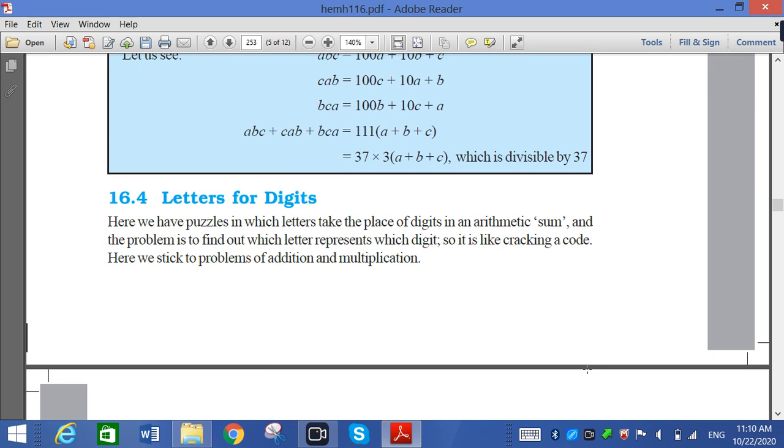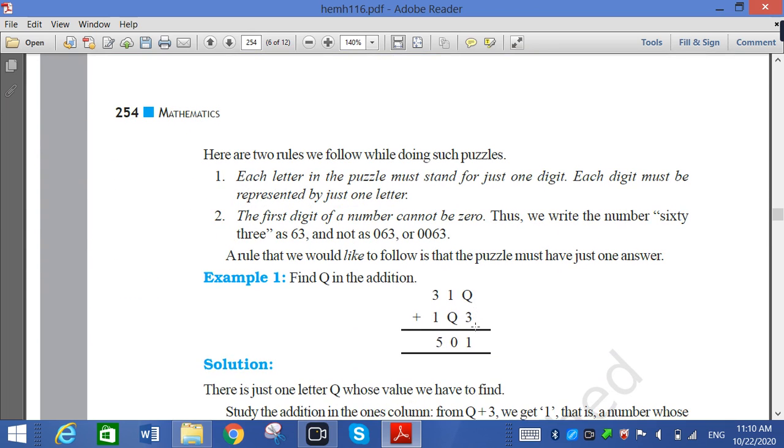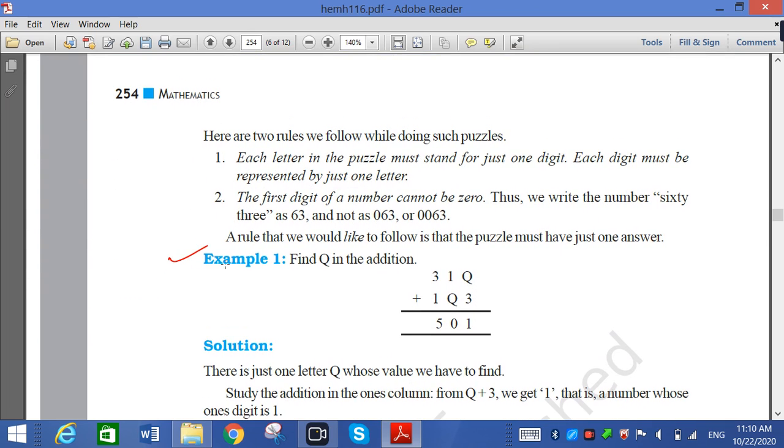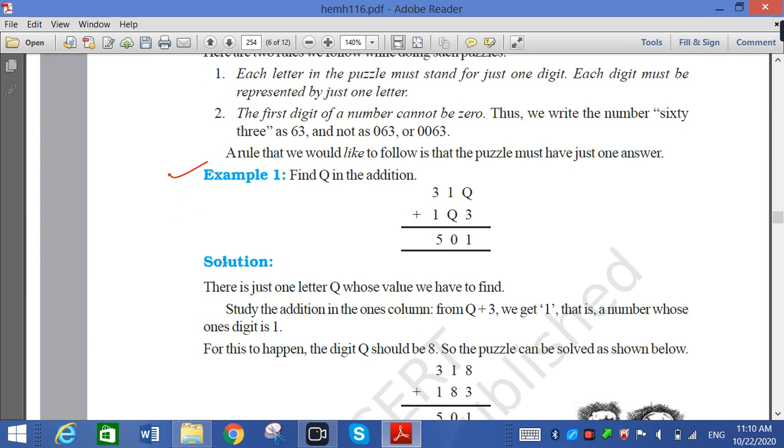Now we have to do the addition related. That is important for 8th standard students. If I want to add, what do I have to add to get the answer 1? So I have to write 8. So 8 plus 3, that is 11. Again carry 1. Now 1 plus 1 is 2.